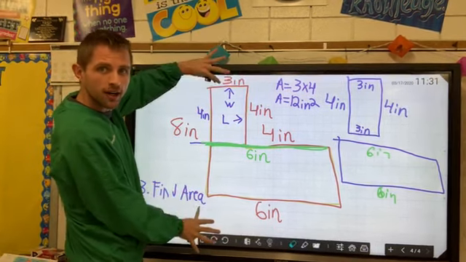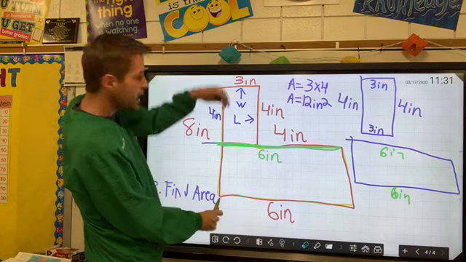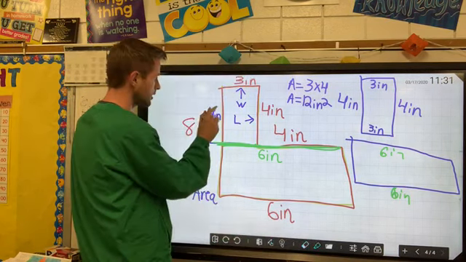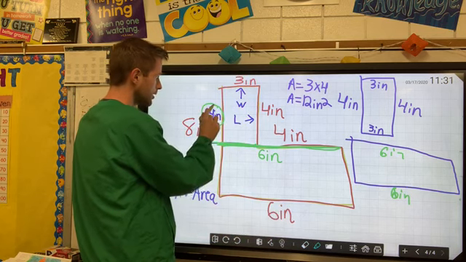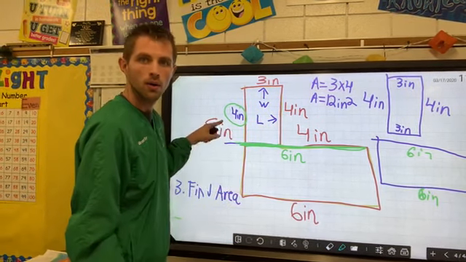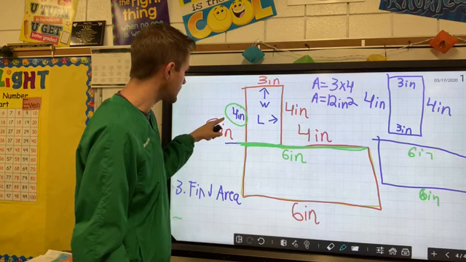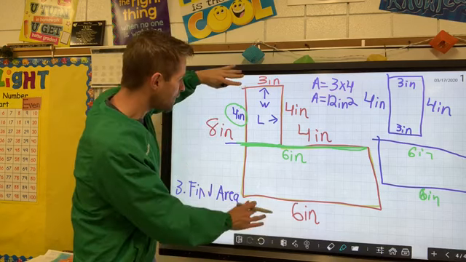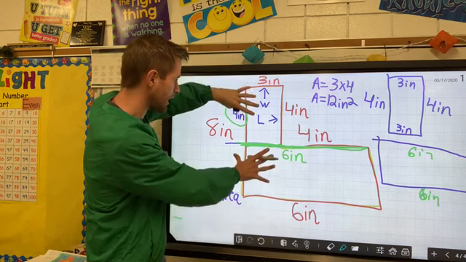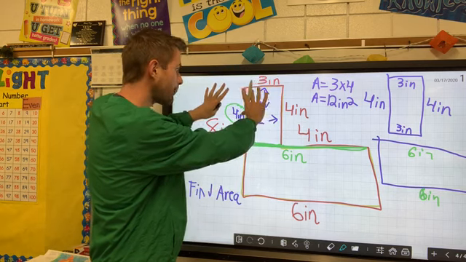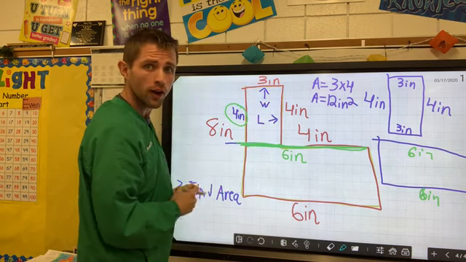It's not 8 inches anymore. And we said that the length of this top rectangle was 4 inches. Now, if this whole thing combined was 8 inches, and this top part was 4 inches,